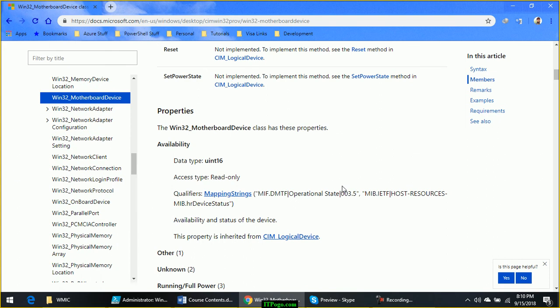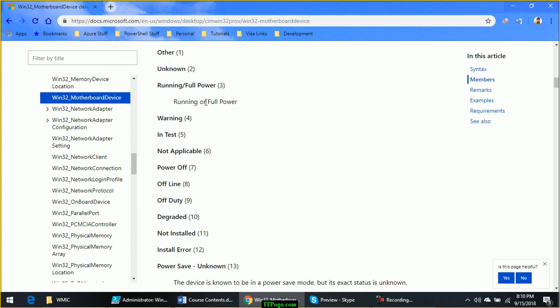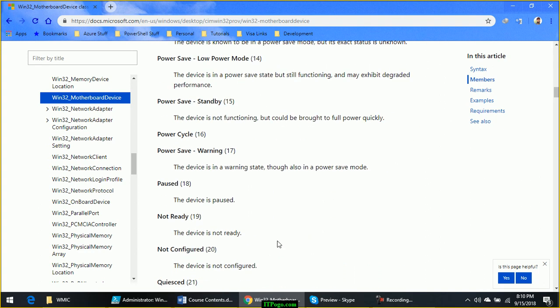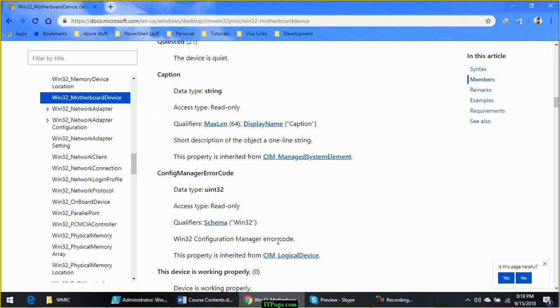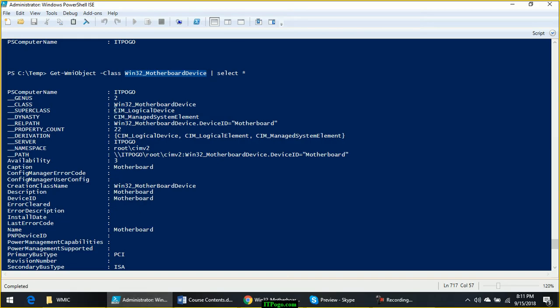Here, what is the meaning of the Availability numbers? 3 means running full power. 4 means warning, power off, offline, whatever. So a lot of the information that we look for as an administrator can be provided using WMI.